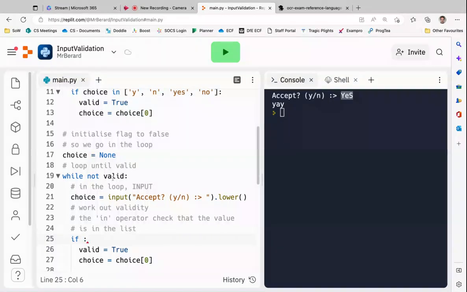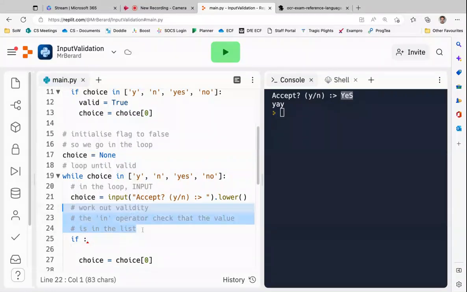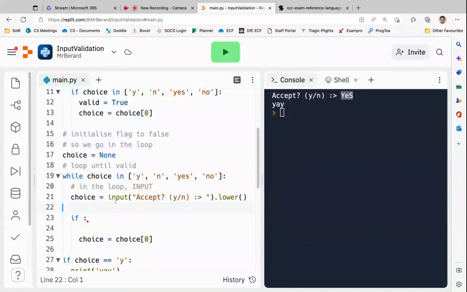I'm going to take this, and that's going to become the validation of my while. Boom. So I don't need to set valid, because I'm not using valid at all anymore. You don't need to work out the validity within the loop, because you can do it in the while